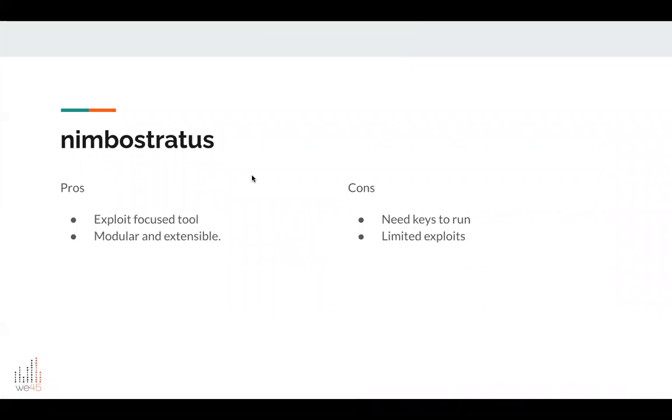Though it is modular and extensible, I believe the number of modules that it has is quite limited, and still it can be used for getting a lot of information on a target instance. Again, the cons are that you need access keys and secret keys to run this tool. And in terms of exploitation, like I said, it is not as powerful as a tool like Pacu, but you can still try to do attacks like